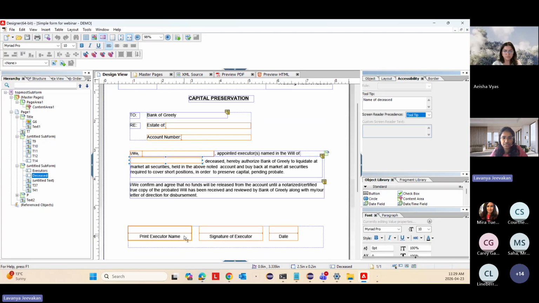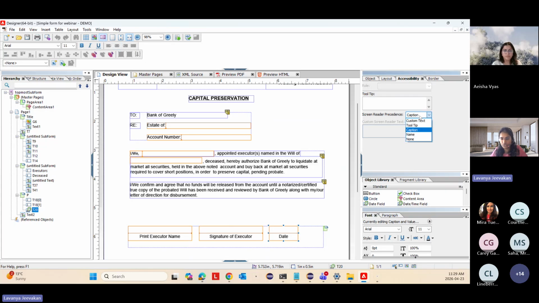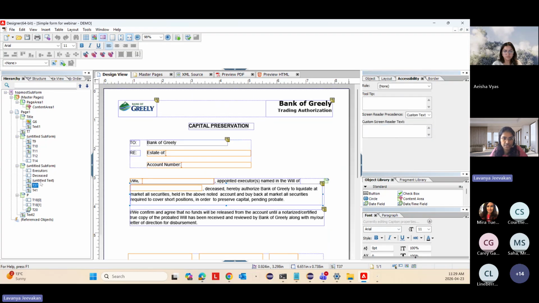And then as we can see, each of these fields also are configured with something called caption, which means the screen reader is going to read the caption of each of these fields. And so if we are supposed to go, let's say for the diseased, and we are going to change this from the tooltip to just go with the custom reader text,